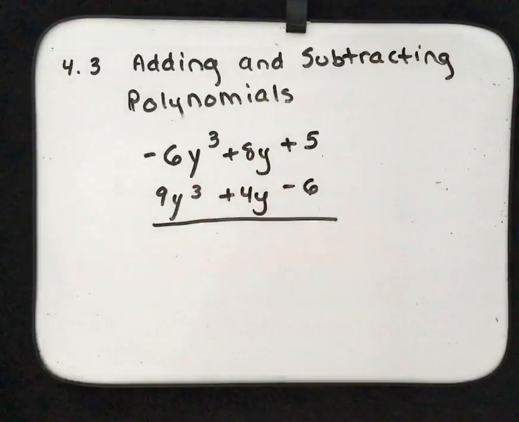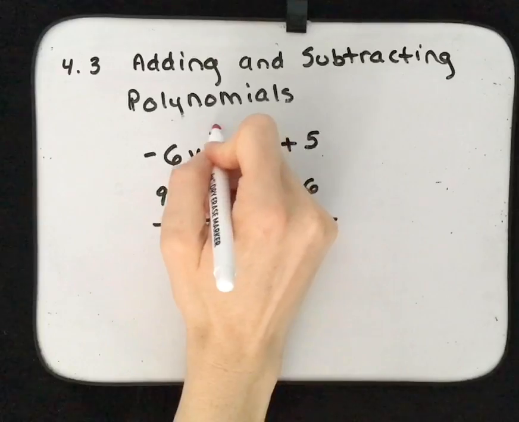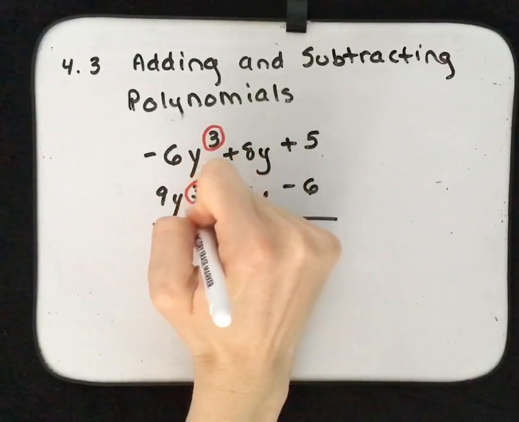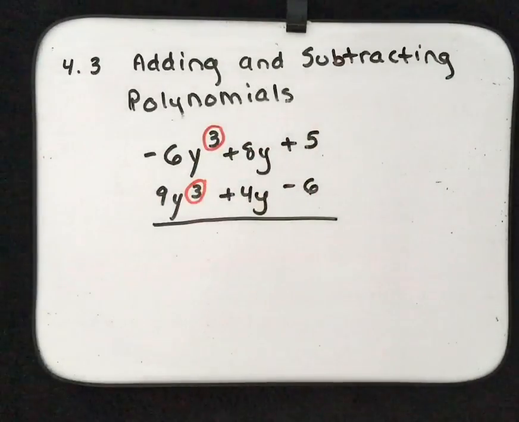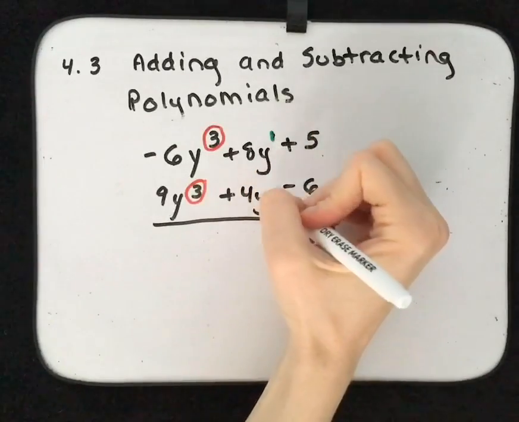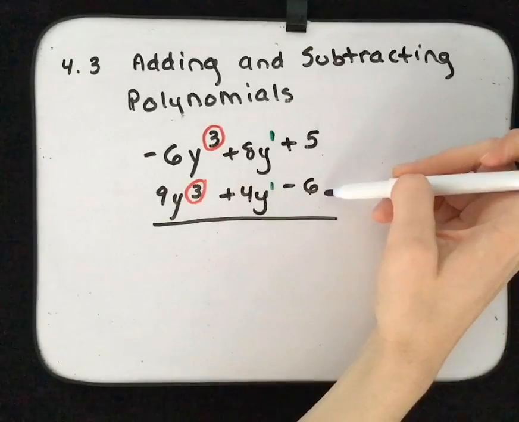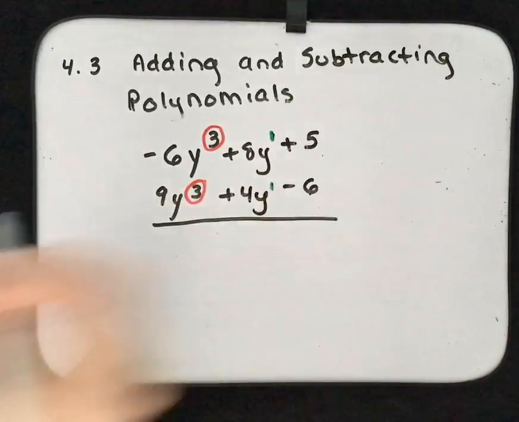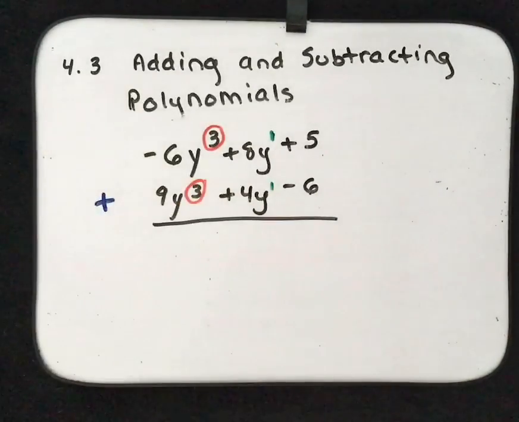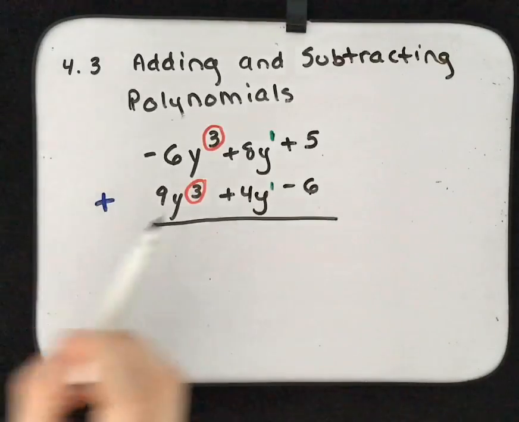You have to make sure that the exponents are lined up. Here I have the third power, here I have the third power. Those are lined up. Here I have the first power, here I have the first power. Those are lined up. Here I have no y's, here I have no y's. Those are lined up. And if that's the case, and we're looking at addition in this one, we can add